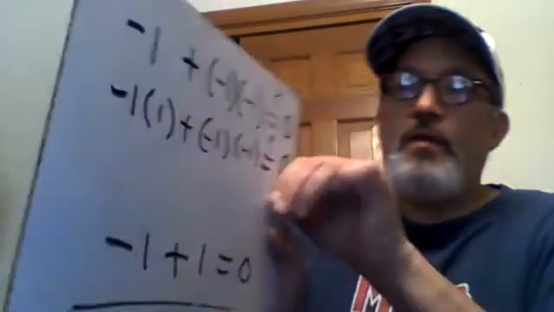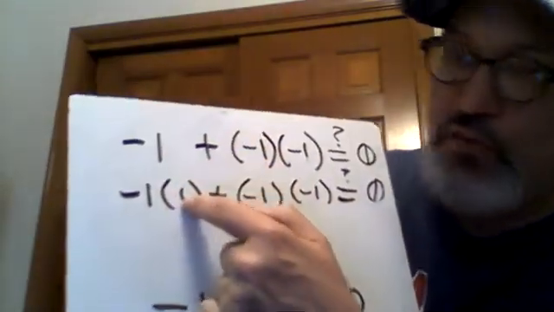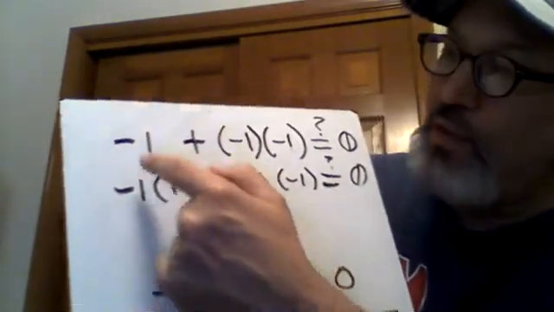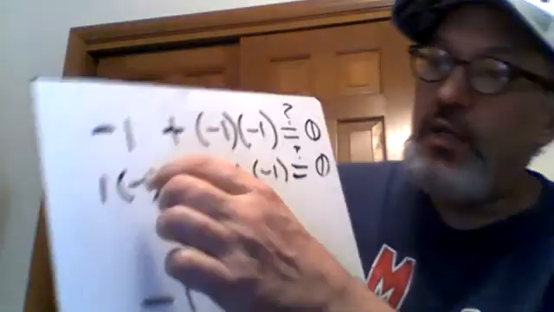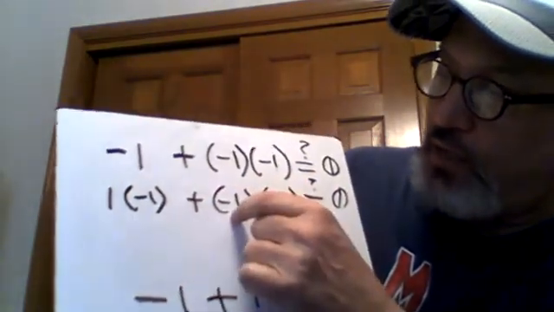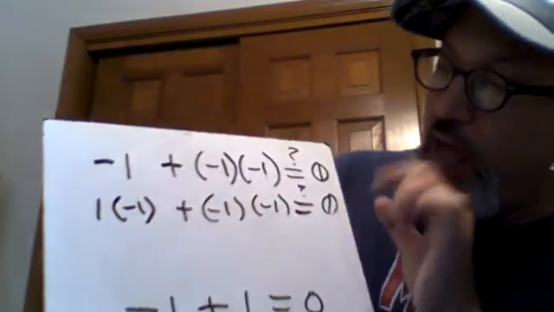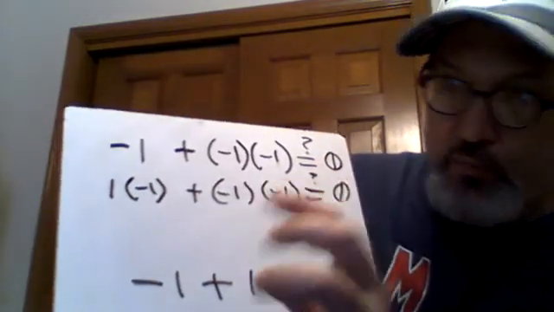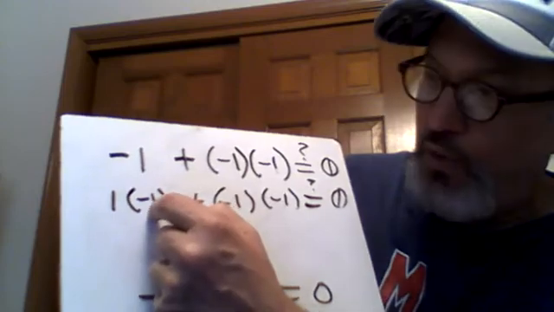Very similar proof. The first thing I'm going to do is multiply this -1 by 1. Okay? -1 times 1, or let me write it as 1 times -1. 1 times -1 is the same as -1 here. And now we look at what we have. We're adding two things together. 1 times -1 plus -1 times -1. This plus this. And each of those terms has a common factor of -1. There's a -1 here,